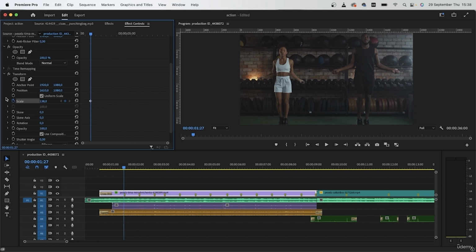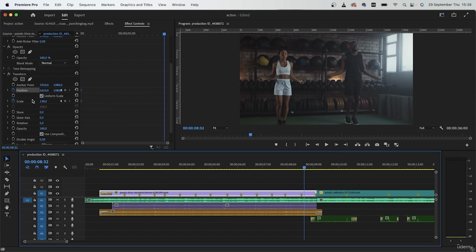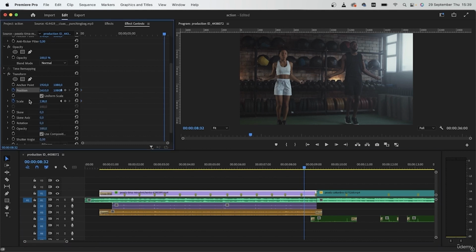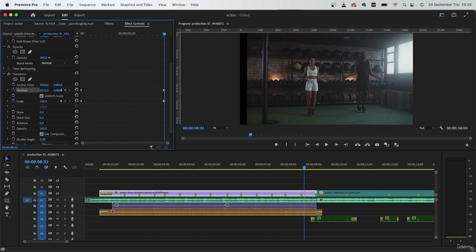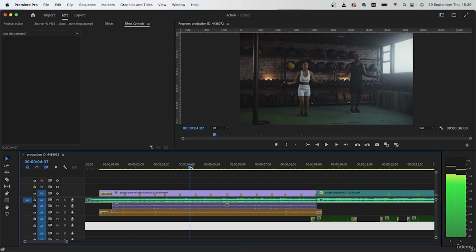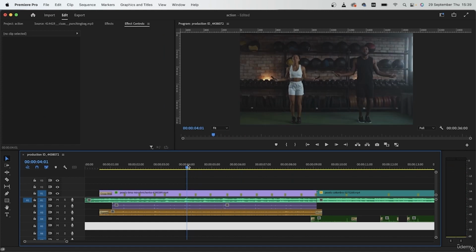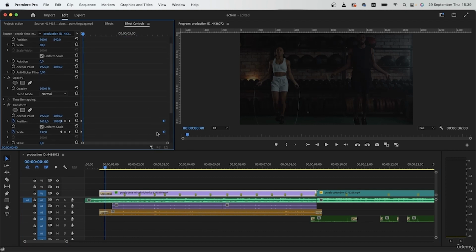Enable the stopwatch for scale and position. Push these guys at the beginning of the video and around the end, I want to bring it back to what it was. So we're going to type in 100. And just push this guy back to where it was, which is 1920. So very slowly we're zooming out from our subjects,